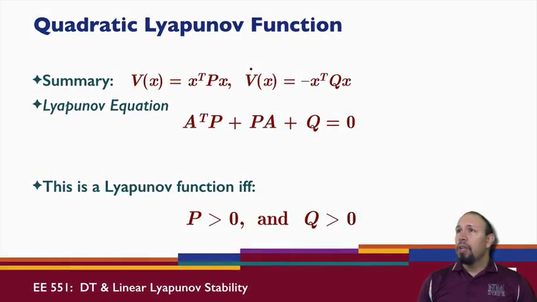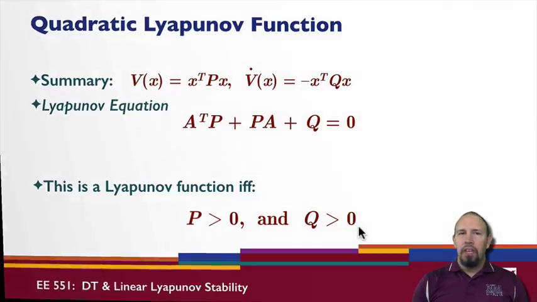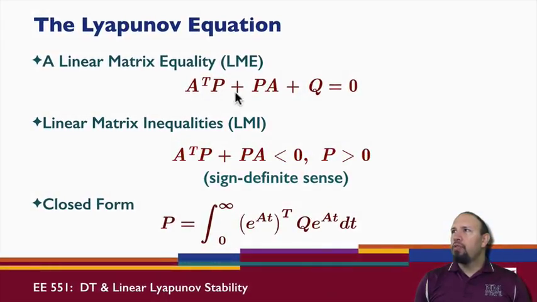And so now we have, here's our Lyapunov function candidate. Here's our derivative along the system trajectory. They satisfy this Lyapunov equation. So this is a continuous time Lyapunov equation. We've already looked at the discrete time Lyapunov equation. V is a Lyapunov function if P is positive definite and Q is positive definite. So once again, we have a linear matrix equality,